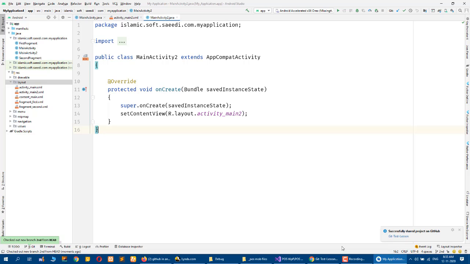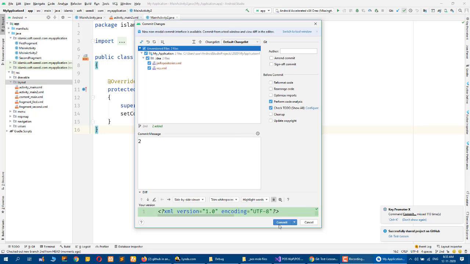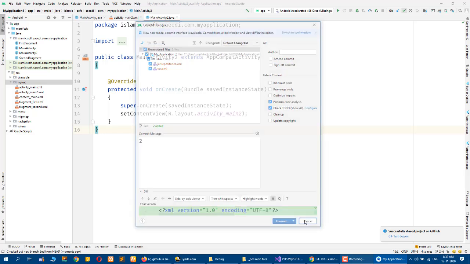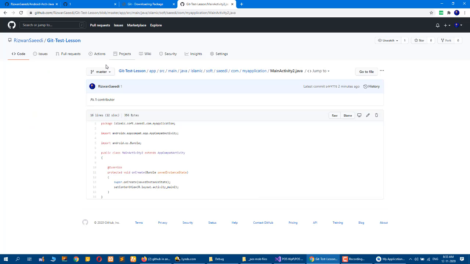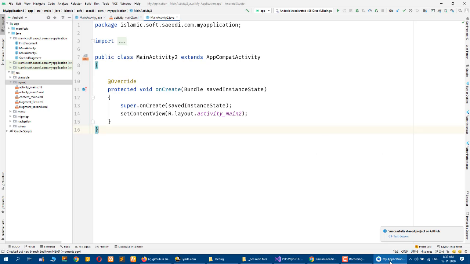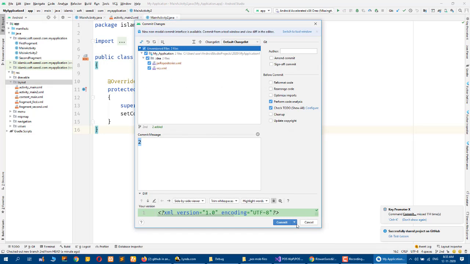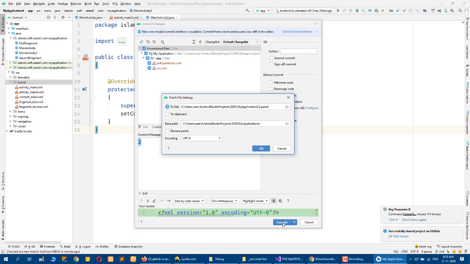So let's see, we want to commit and commit. Once we have created that, if you go to git test version, the main root, you can see you don't have it, because you have not pushed that. So push it, commit, and then commit and push. First you have to commit because you have not pushed. So first commit,